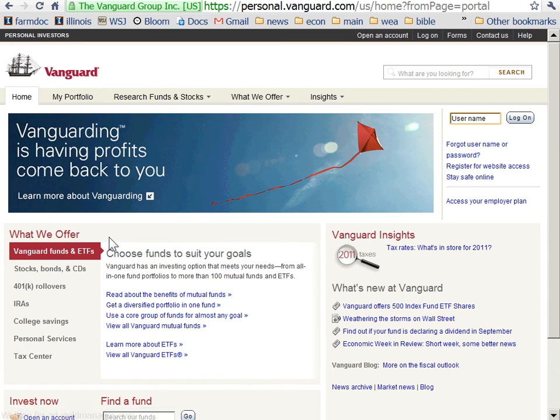Vanguard is one of the companies that is again big in the mutual fund ETF business, as well as retirement planning and offering services to investors. Vanguard is known as a company that has low expenses on its mutual funds and ETFs, and I'm going to now click on this Vanguard fund and ETF,